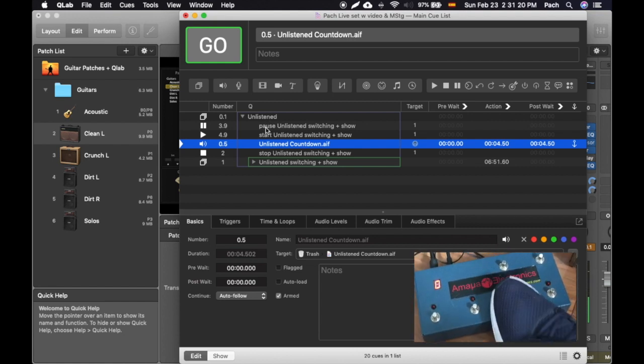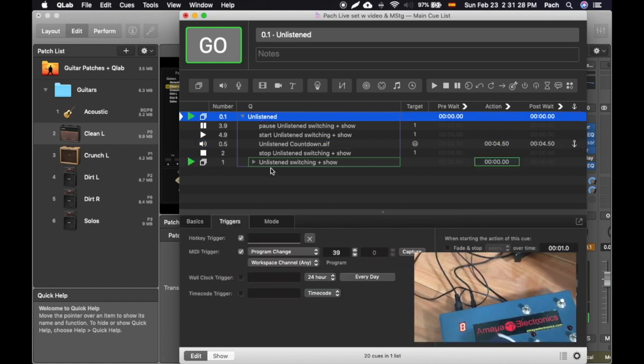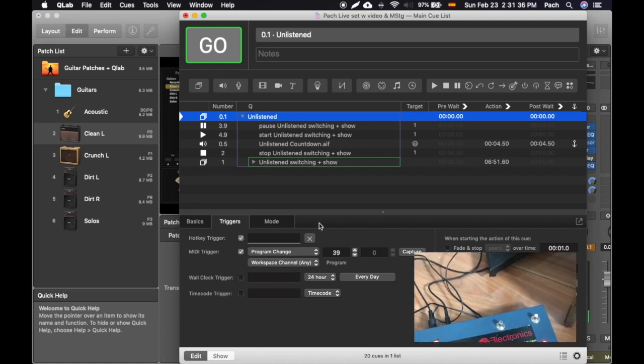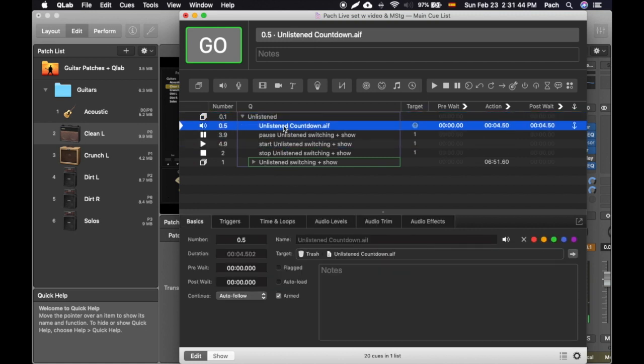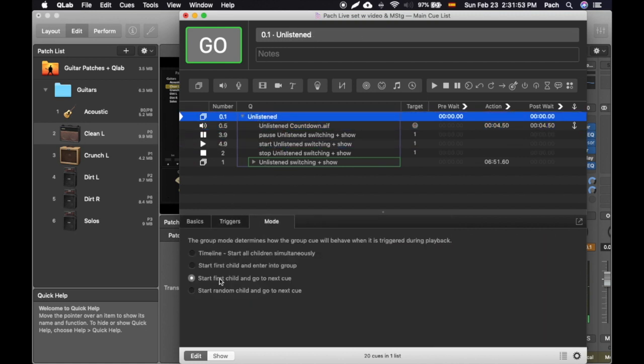nothing happened. Yeah, no idea. Pause this. Let's look at this, probably, I don't know. Oh, I know what's happening here. So this mode: start first, then go to the next cue. So if I start by pause it, it will work. So let's try. It starts now, that's what happened, and then it pauses it. Alright, so I need to figure out a way for this to work. I'm glad this happened here, because then